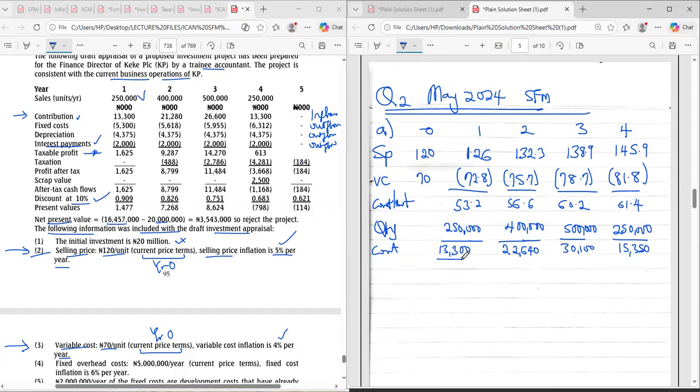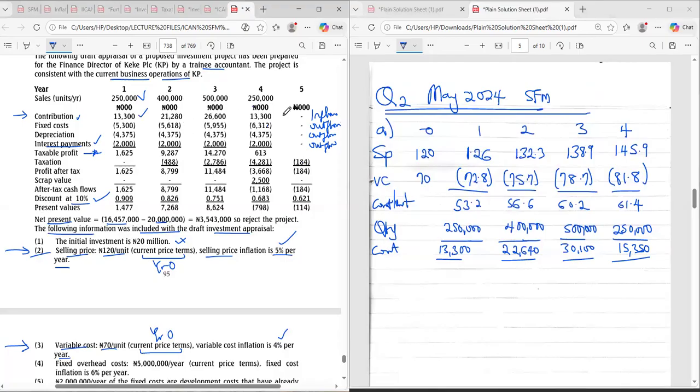Now, if you check what we have computed here as contribution, compare it with what the guy calculated as his own contribution. From our statement, the question said that we should spot out the errors and comments. So the guy only got year 1. For year 2 to year 4, he failed. So let's write your comments. If you want to write, I can tell you what to write. If you don't want to write, let's move ahead.